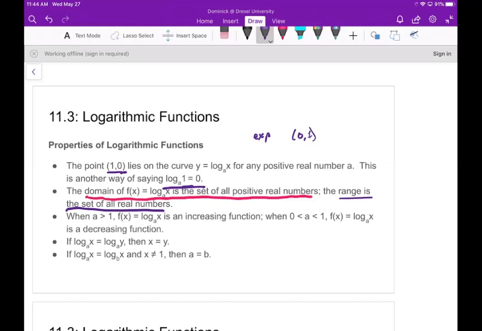right? Now your base properties still work the same way. If your base a is bigger than 1, then you have an increasing function. If your a is between 0 and 1, then it's a decreasing function, right? And then finally, we get the nice properties that we had before, where if we have something like log base a of x equals log base a of y, then we're saying that log of something is equal to log of something. And that really means that those somethings have to be equal,